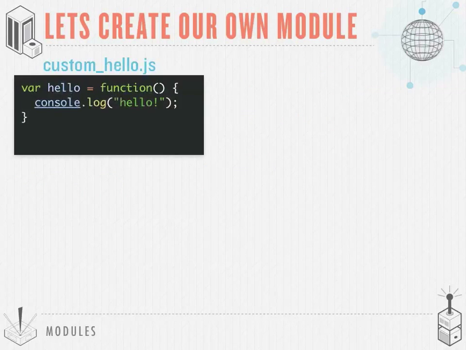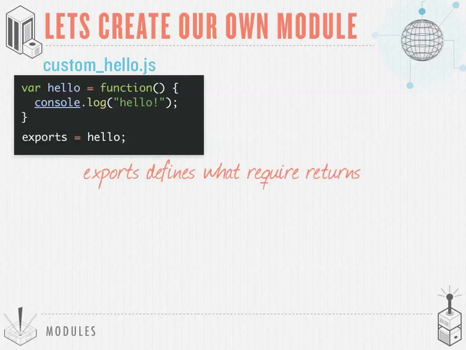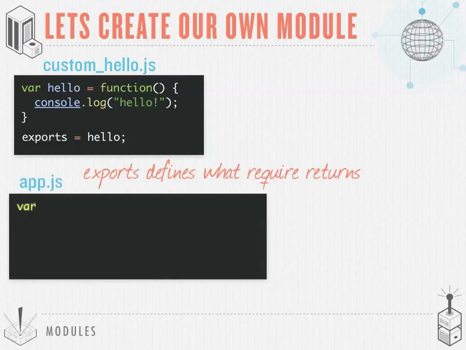So we're going to create a custom hello.js file. In that file, we define a hello function. All it does is log out to the console. To define what we want to return when we require this file, we use the exports object. So here we're saying export the hello function. Now down below in our application, when we require that file, we have access to the hello function and we